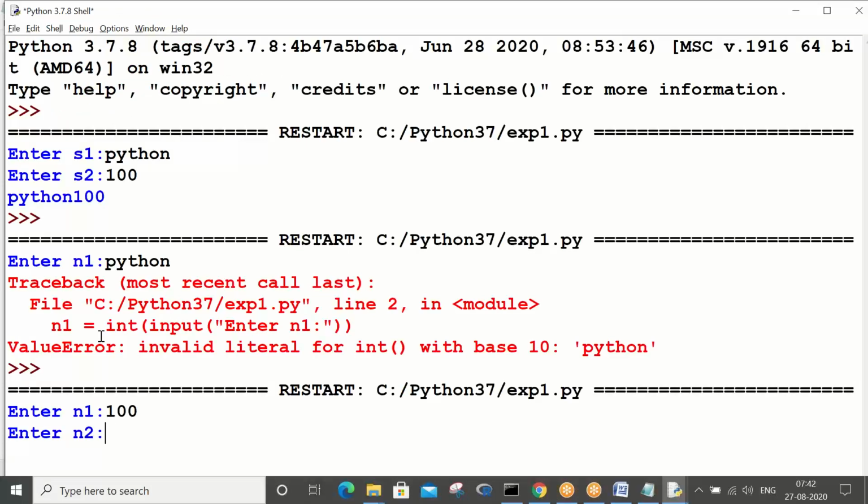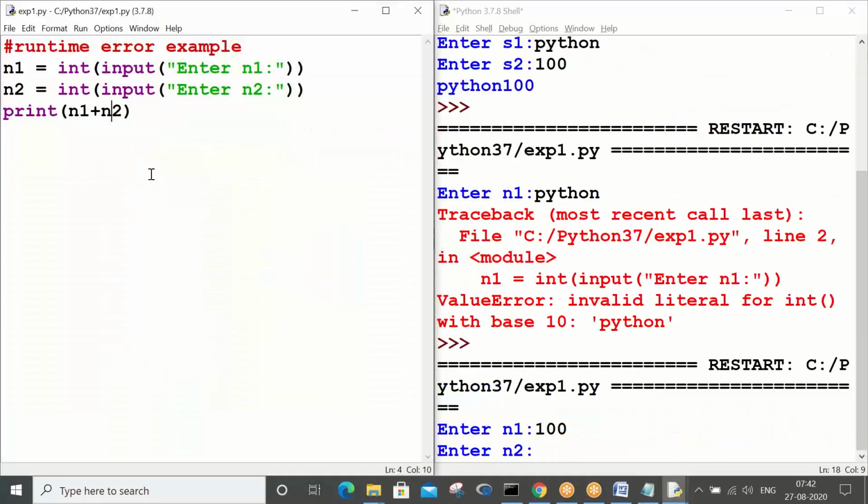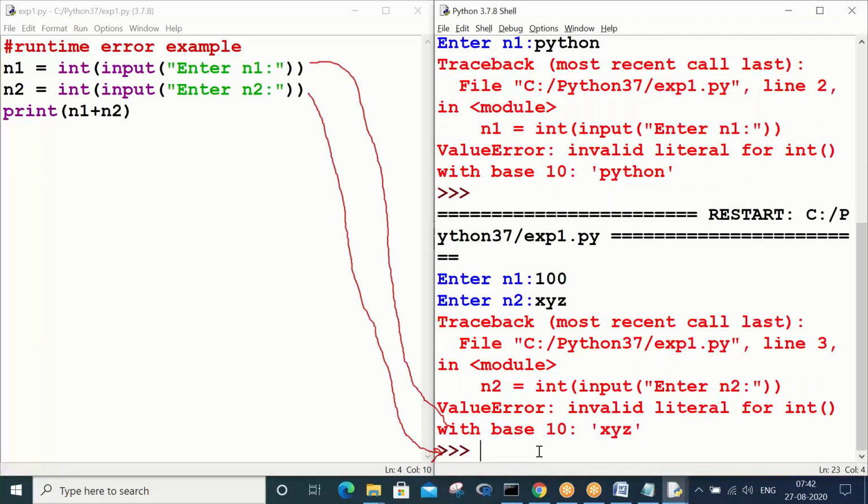Okay, this is no error, because you have given a proper integer, so that's fine, it is working. Now here, you're converting into an integer, right? So you have to provide the input as an integer, then only it will work. But what's happening here, instead of an integer, you are giving something else. So it is saying it's a value error. So let it show the value error. What is the problem? I will tell you.